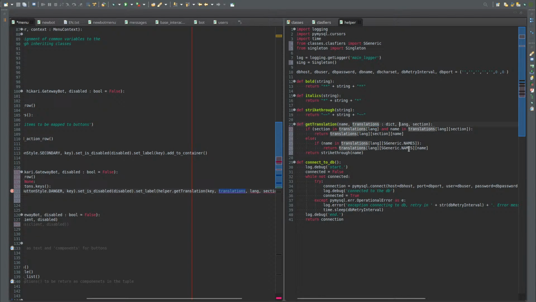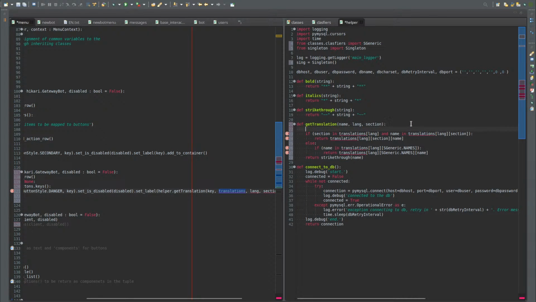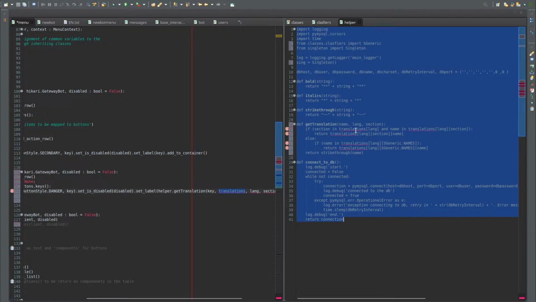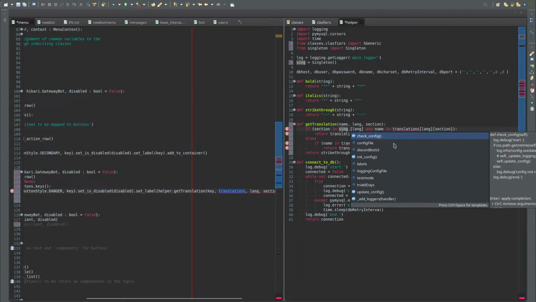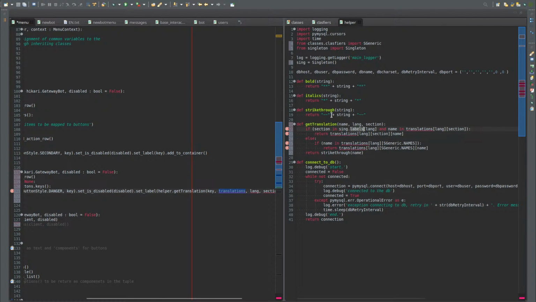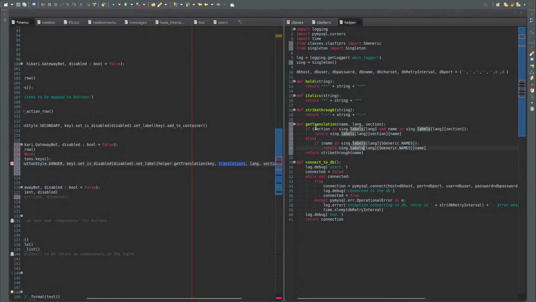Oh, actually, yeah, let's remove this and let's break some code. And well, here it would be pretty easy. Singleton, not song, singleton, labels. Labels, labels. Right. So this is fixed, but now everything that calls this,